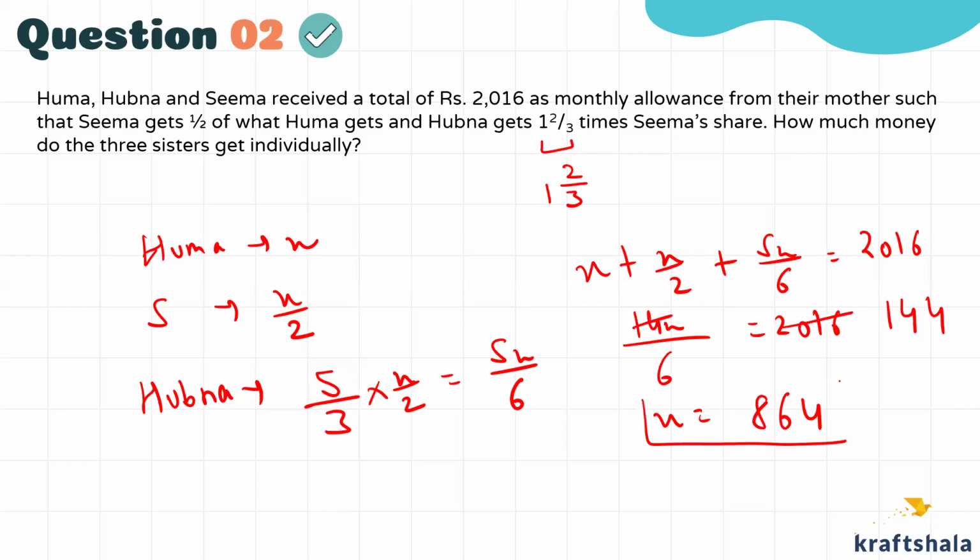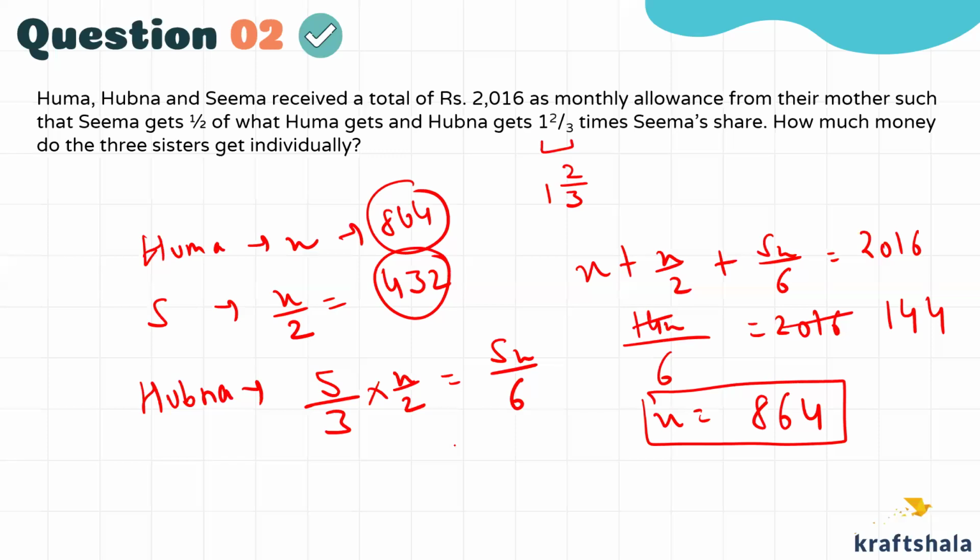X comes out to be 864. So Huma's share is 864, Seema's share is 432, and Habna's share will be